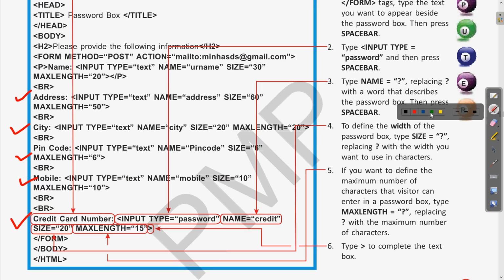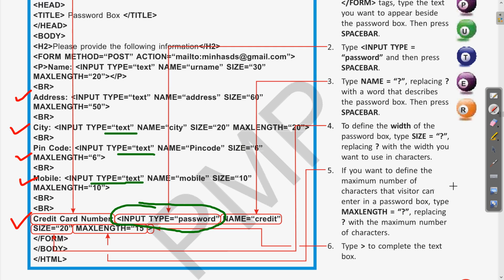Here you can see the input type is password. Clear? And before these, for all of the different elements, the input type is text. So text means it is a text box and password means it is a password box where the characters which we write will be in the form of dots or asterisks. So this also we have seen.